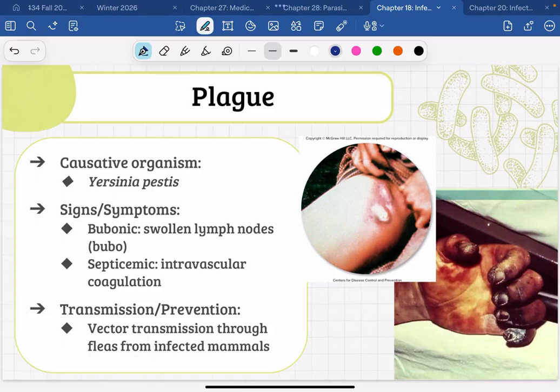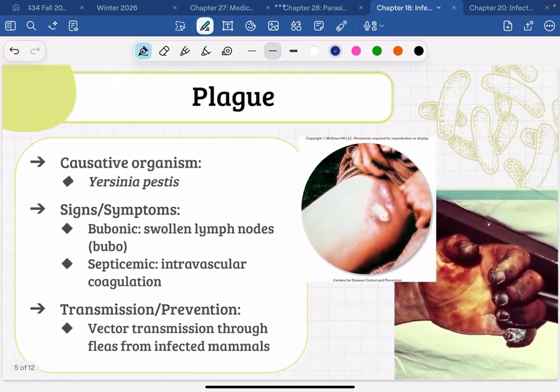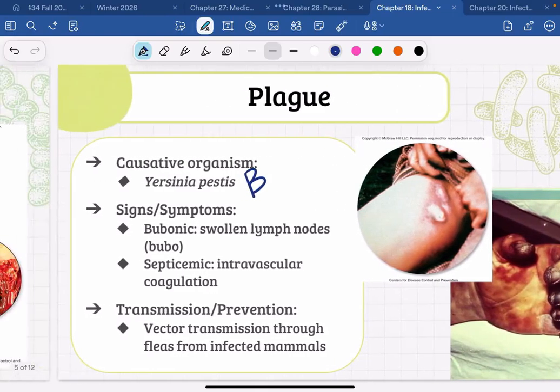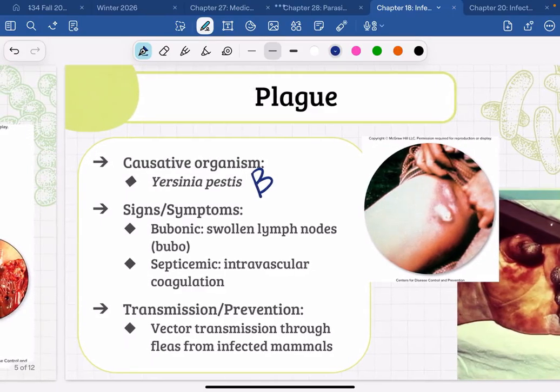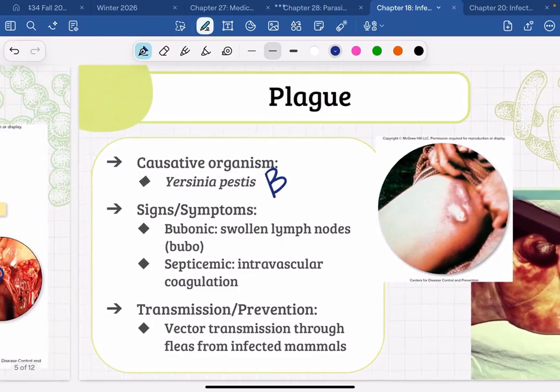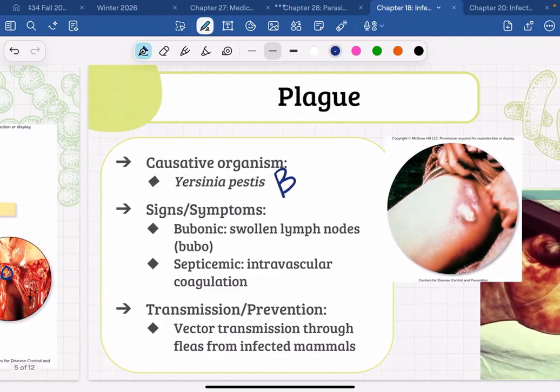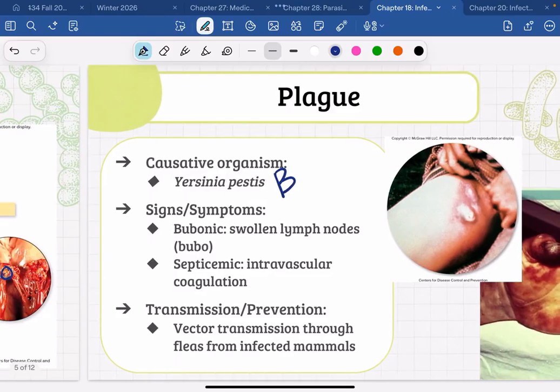That is our next infection, and plague is caused by a bacteria, again, a bacteria, called Yersinia pestis. And there are a lot of different forms of plague, 3 major ones, but we're only going to talk about 2. The 2 major forms we're going to talk about are bubonic, the word that's kind of associated with plague that we talk about the most, bubonic plague or black plague.